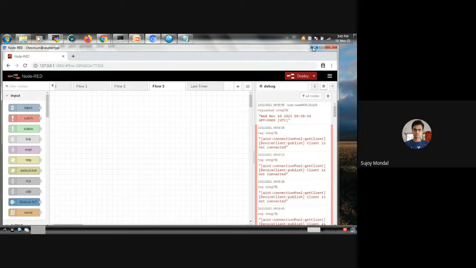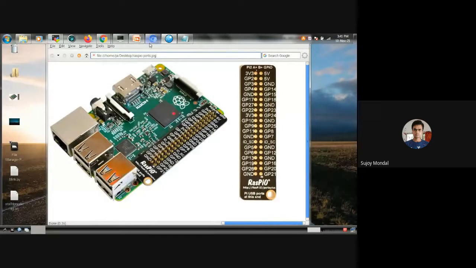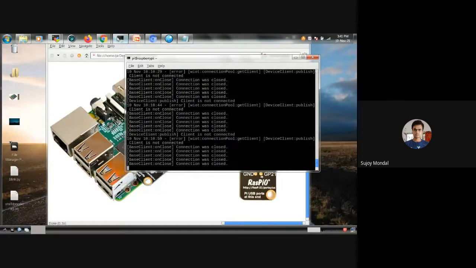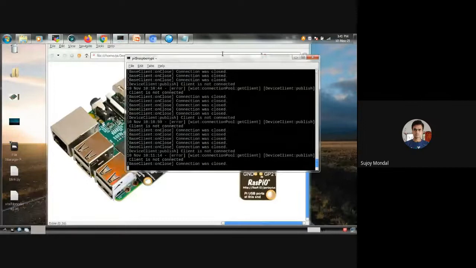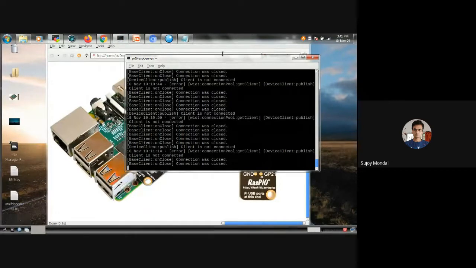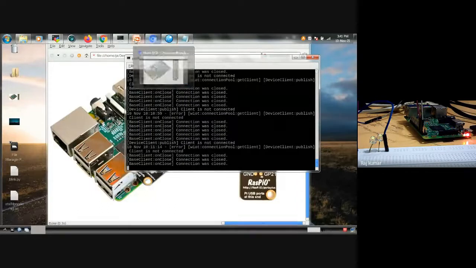I asked one question: suppose you are developing one application using these flow diagrams, and now I would like to make these applications start automatically during boot up of the machine, like a cron job on Raspberry Pi. Could you please show the way we can execute such startup programs as well? If it is a Python script, we could just put it inside the cron job and it will start running. In the case of Node-RED, how can we make any flow application start during the startup of the system? That's my question.